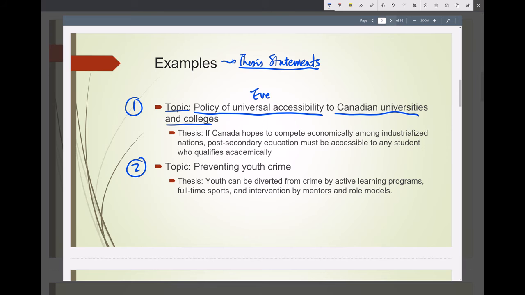So, translation, whether everyone should, or anyone that is Canadian, I guess, be able to enter